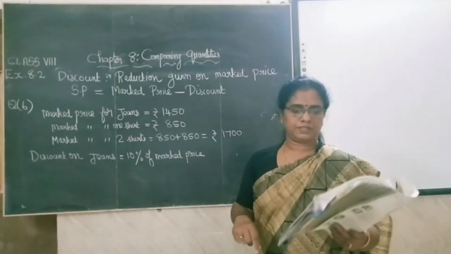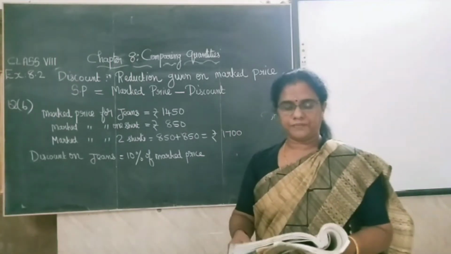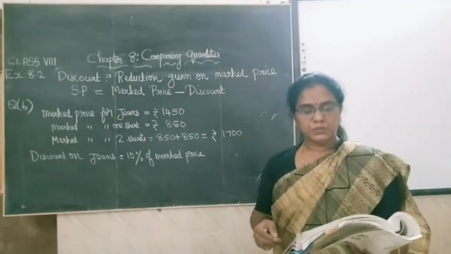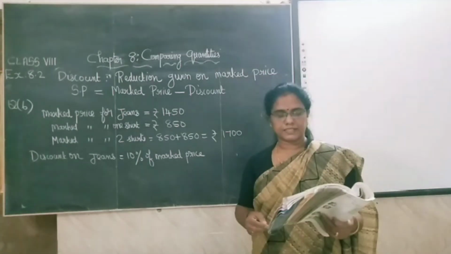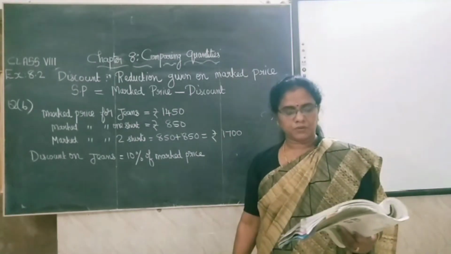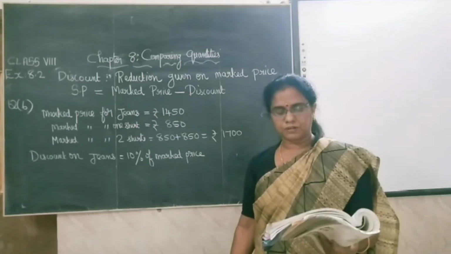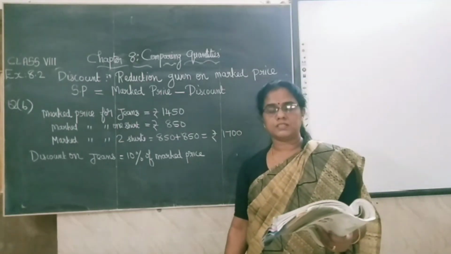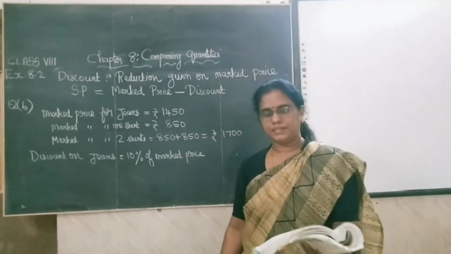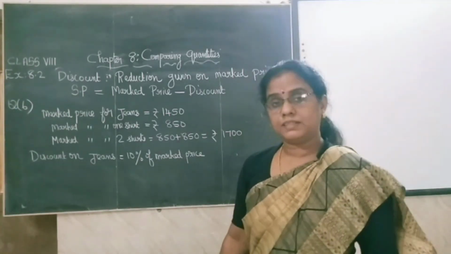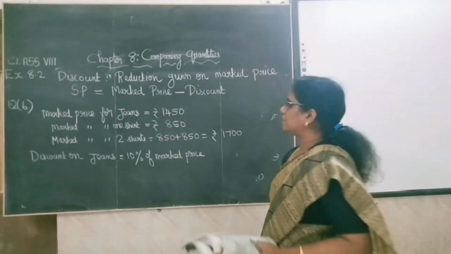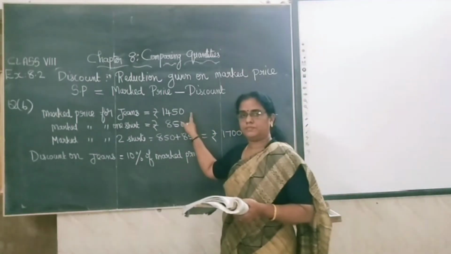Question number 6. Question is page number 125, exercise 8.2, question number 6. Just go through the question. During a sale, a shop offered a discount of 10% on the marked price of all the items. What would a customer have to pay for a pair of jeans marked at rupees 1450 and 2 shirts marked at rupees 850 each? So here listen, discount is 10% and marked price of jeans, that is on the jeans some price is written,